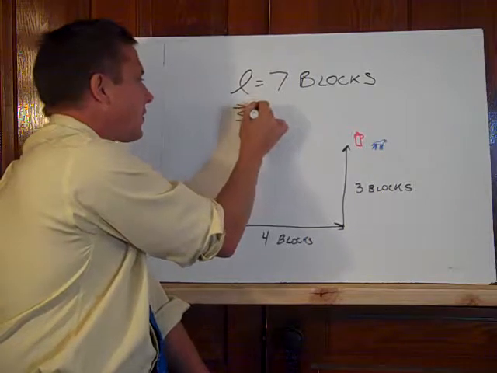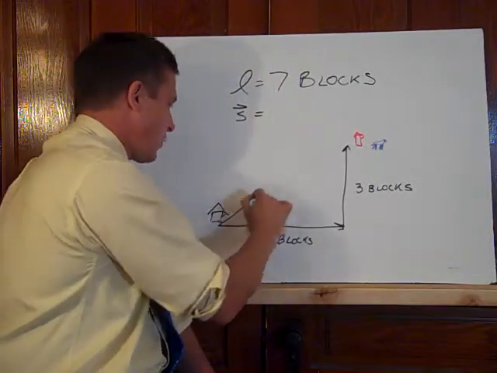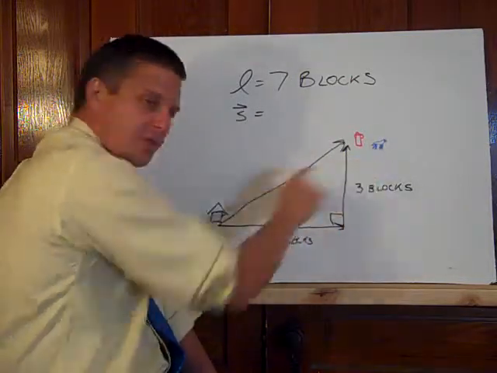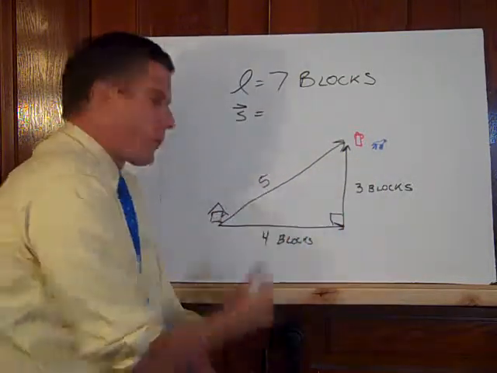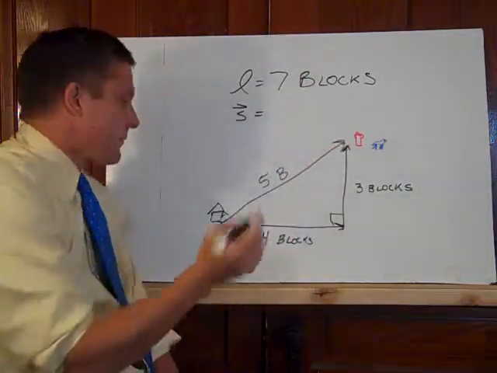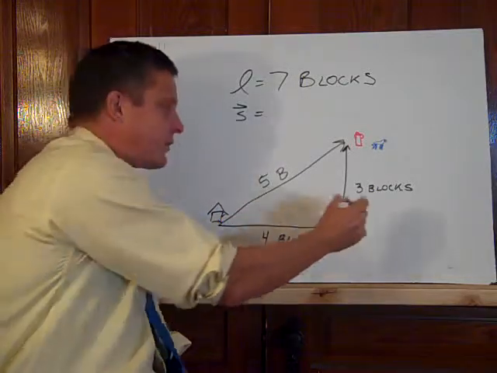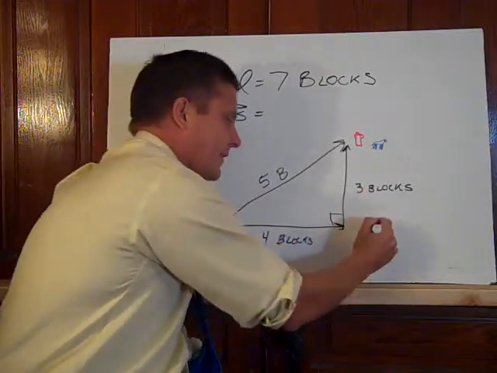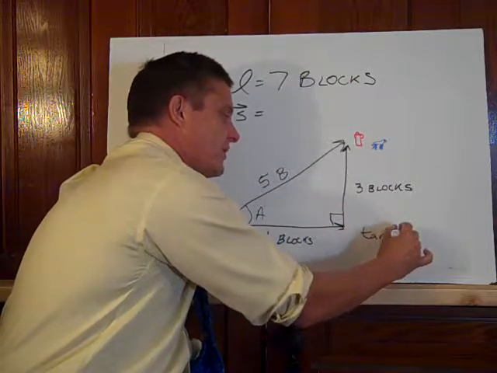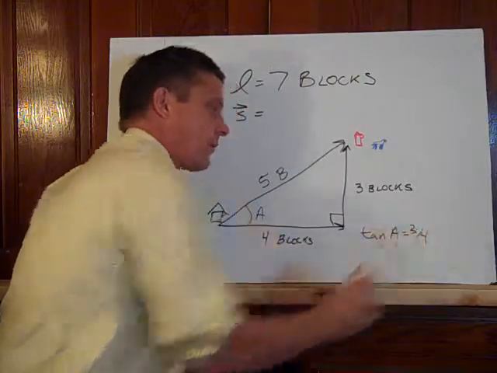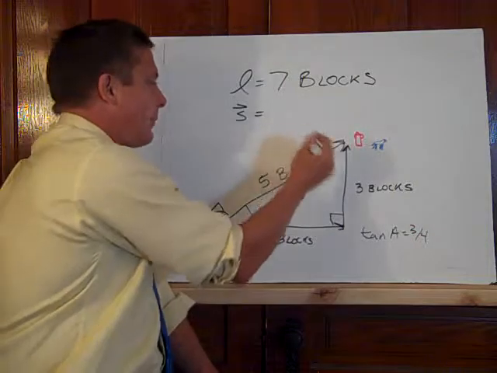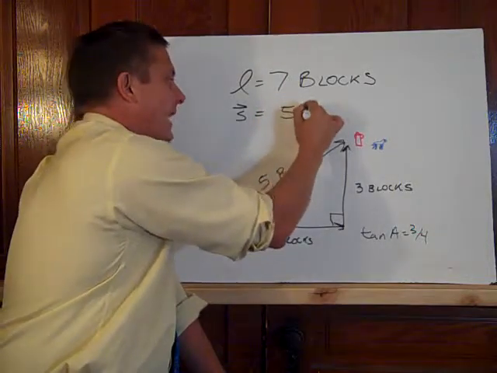Well, there's a number of ways to talk about this. But first of all, we should all recognize from algebra time, Pythagorean theorem, this is a 3, 4, 5 triangle. And I'll use B for blocks. This is 5 blocks this way. And if I use my calculator and I use the inverse tangent of 3/4, because I have a degree angle here, which I'll call A. Do we all recall from geometry, tangent of A is 3/4. When I input that in my calculator, I'm going to round it. It's about 37 degrees. I'm going to say that my displacement is 5 blocks